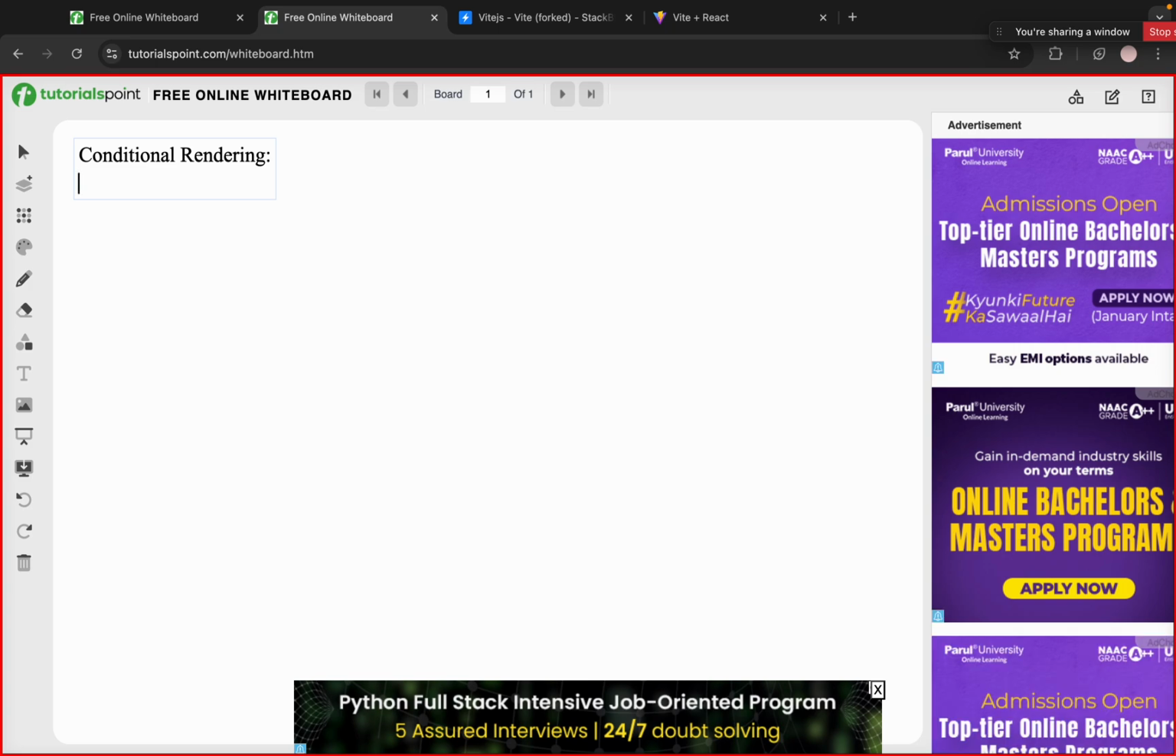Okay, and it works similar to the JavaScript conditional statement, like if else, or we can say the ternary operator, but here it is applied inside the JSX. Okay, for real-world applications, you need to render the component based on certain conditions,